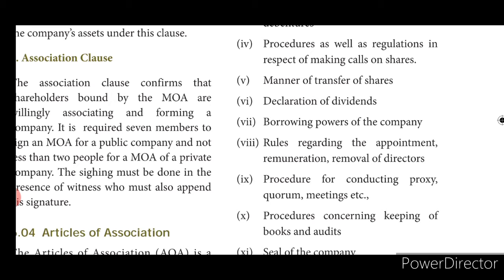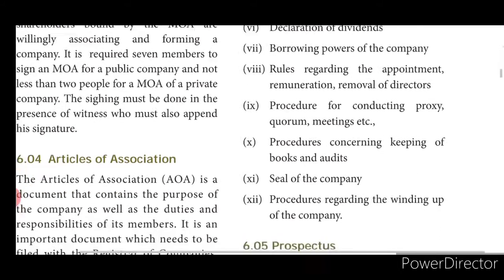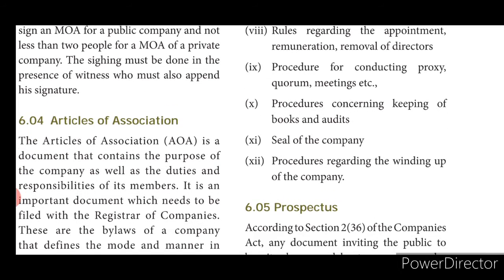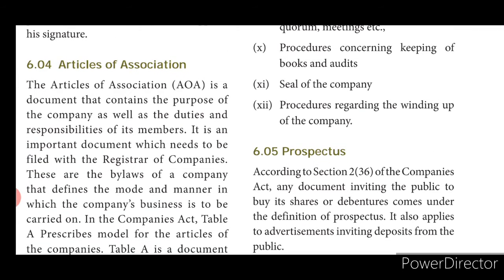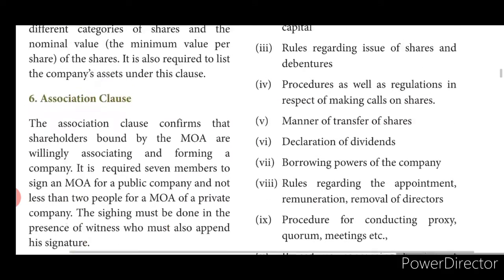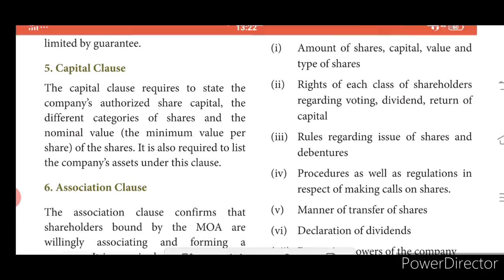Borrowing powers of the company, rules regarding the appointment, remuneration, removal of directors, then procedures for conducting proxy, quorum, meetings, etc. must be there. Procedures concerning keeping of books and audits should be there, and seals of the company, then procedures regarding the winding up of the company. All this information should be there in your articles of association. Okay,